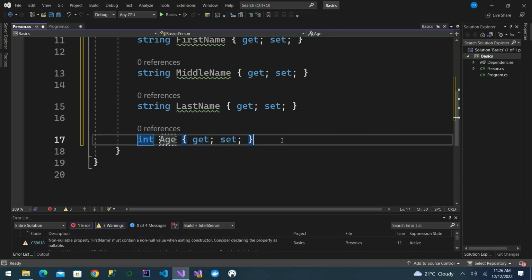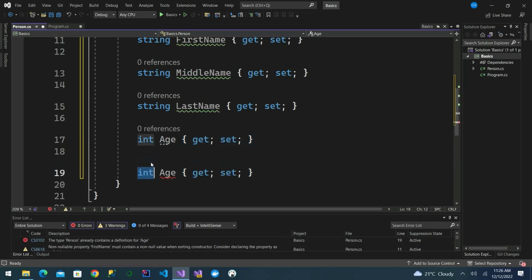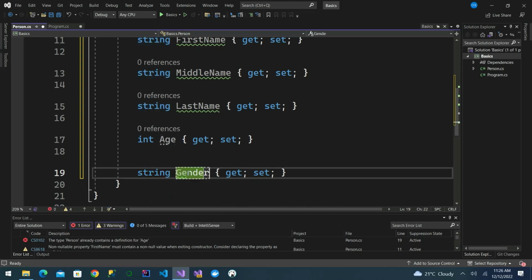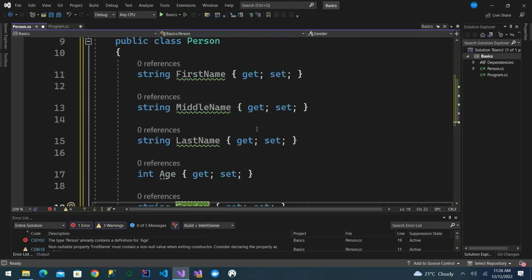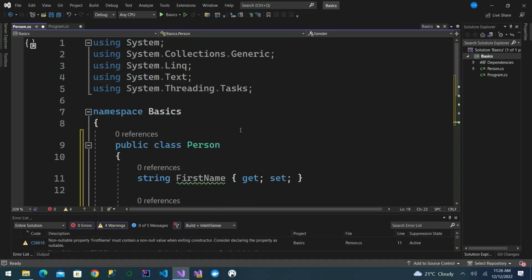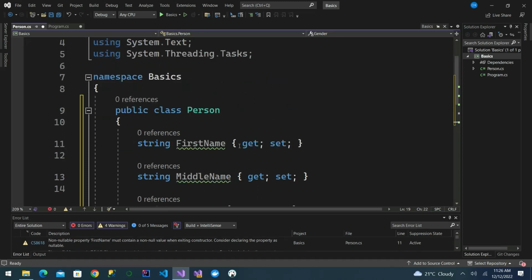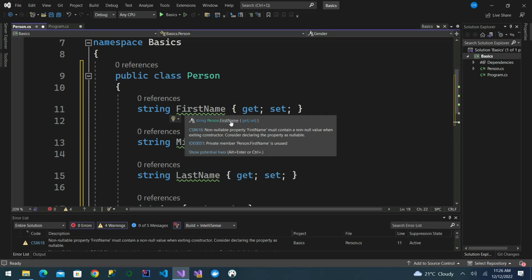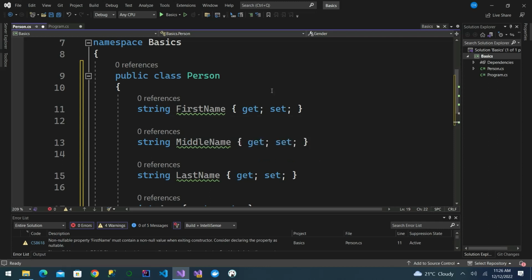Person also has gender. So these are attributes of a person. These are like properties. Now these attributes can be inherited by the customer and student,